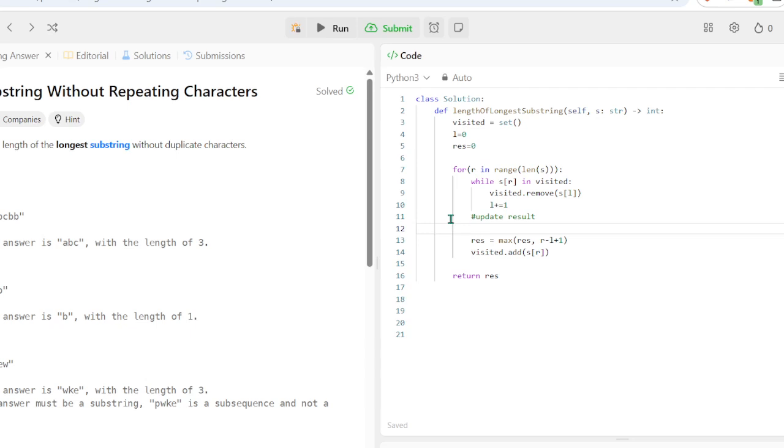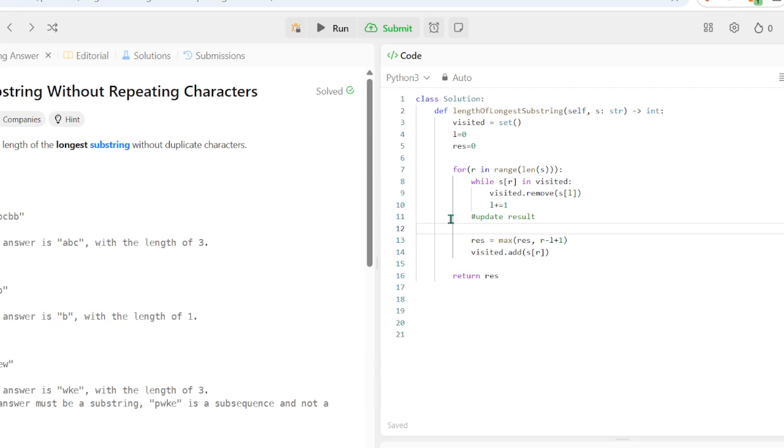A. So now R points to B. And so it's not there. So the result becomes 2. This becomes AB. So now R is there. So result is equal to 2 minus 0 plus 1, which is 3. And this becomes ABC.